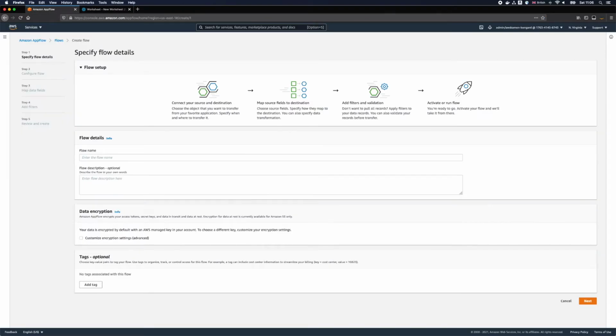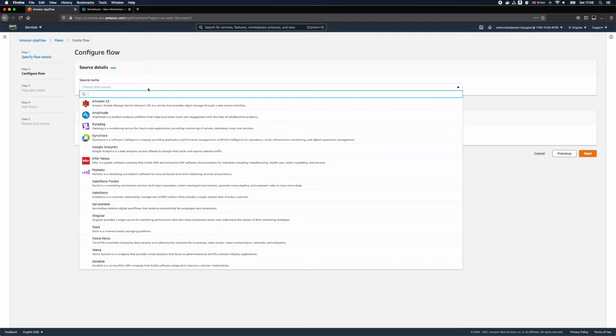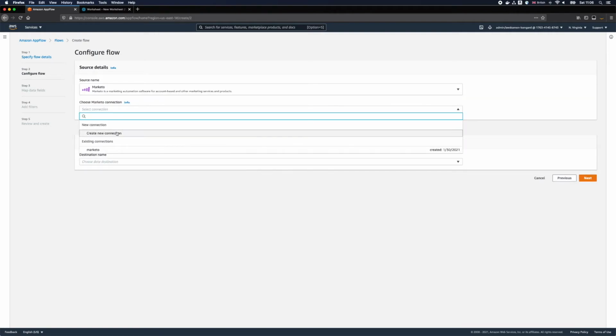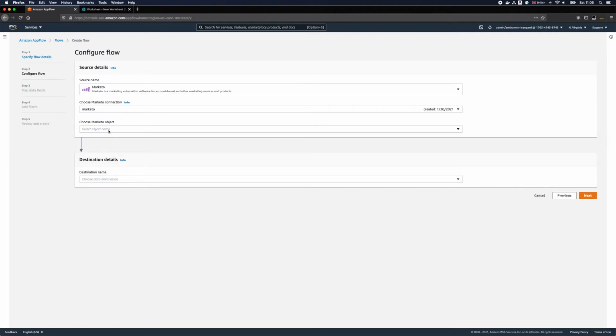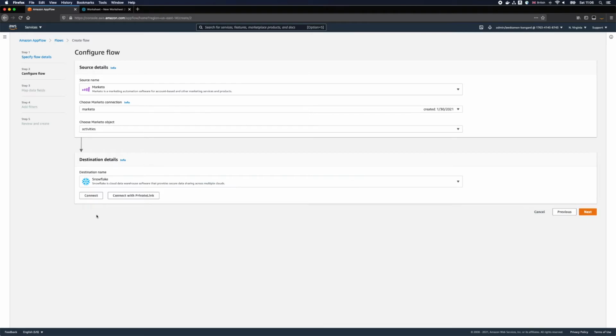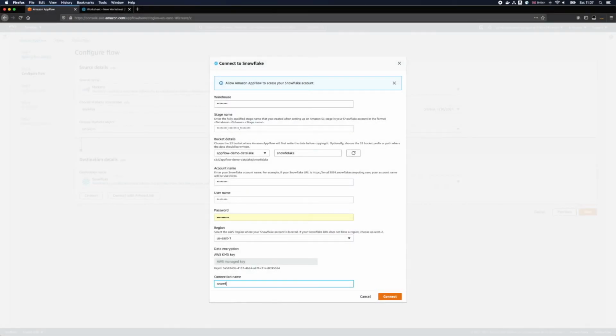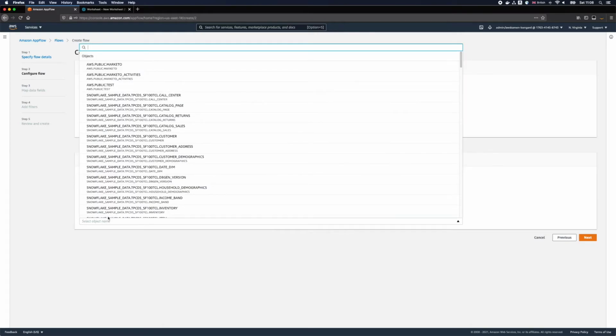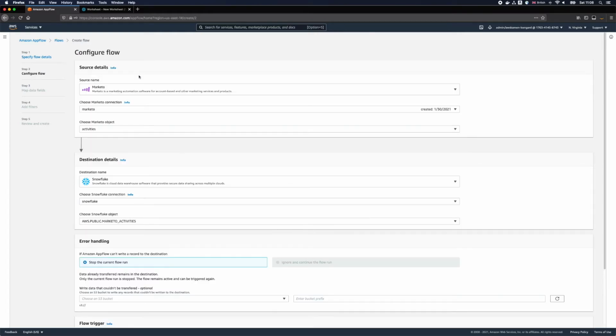Okay, back to the AWS console. Let's name our flow Marketo Snowflake. I'll once again reuse my Marketo connector that I've created earlier in the demo. This time, I'd like to transfer Marketo activities, and I will select Snowflake as a destination. I will give the connection a meaningful name, and I'll select Marketo activities table that I've created in Snowflake as